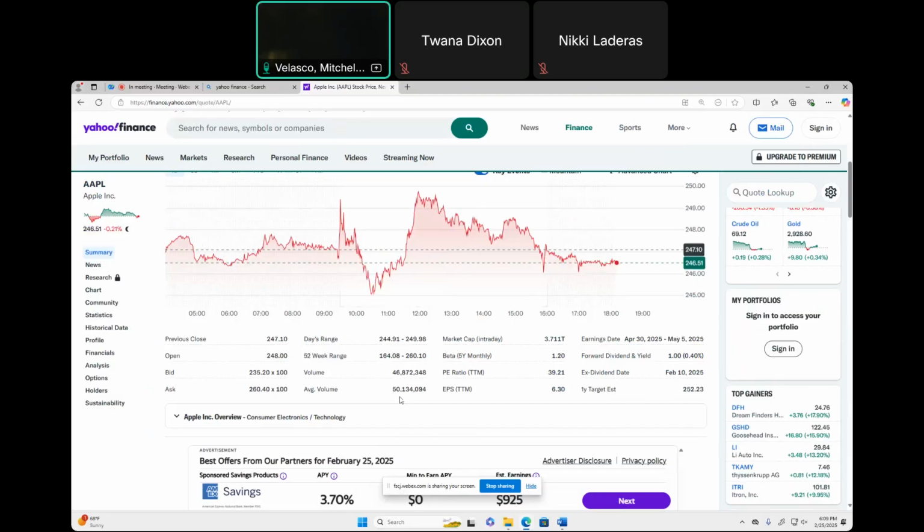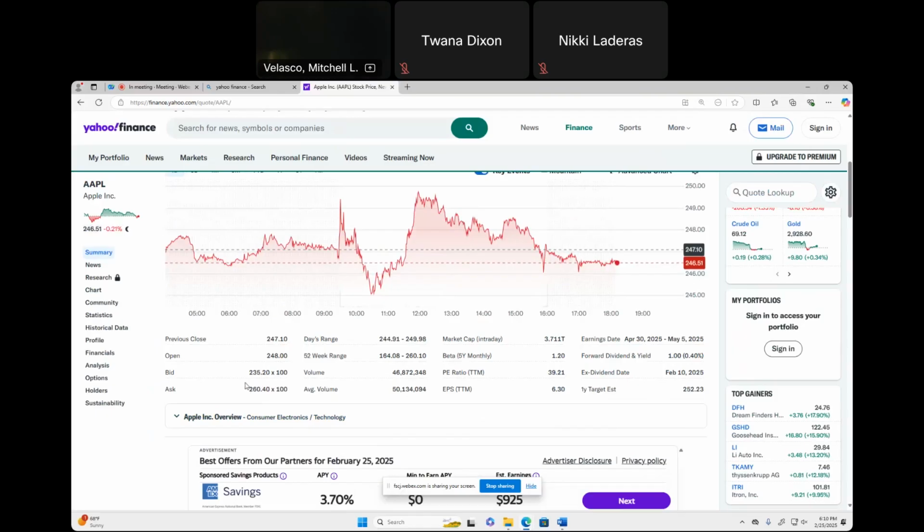The reason we want a very liquid stock is because the more liquid it is, the fairer the price that we get. We should be assured that the price we're paying or the price we're selling at is fair. Like I sold shares of Apple today, and I knew I was going to get a fair price because with liquid stocks, there's usually a very small difference between what people are willing to sell the stock for and what people are willing to buy the stock for. So like in this example with Apple, you look at the bid and the ask.